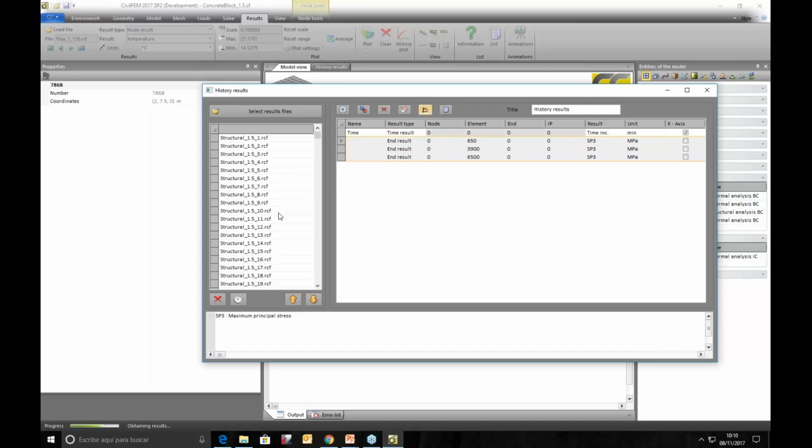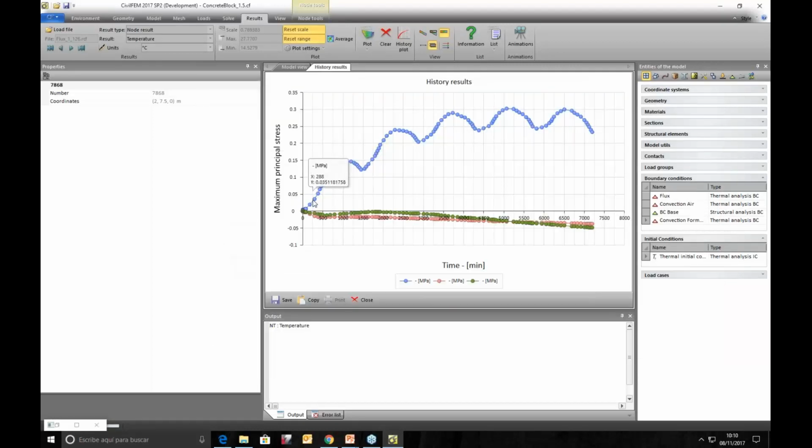Depending on the number of results on your machine, it will always take more or less time plotting results and generating videos. So here we have the results and we can see the values on top. We are also applying self-weight, so on top there is no stress due to the gravity loads. So it's only due to the temperatures, and we can see the